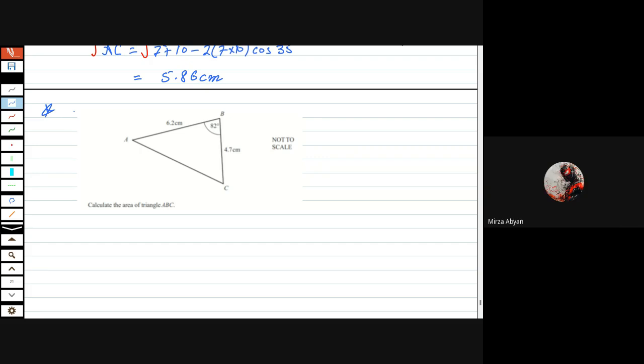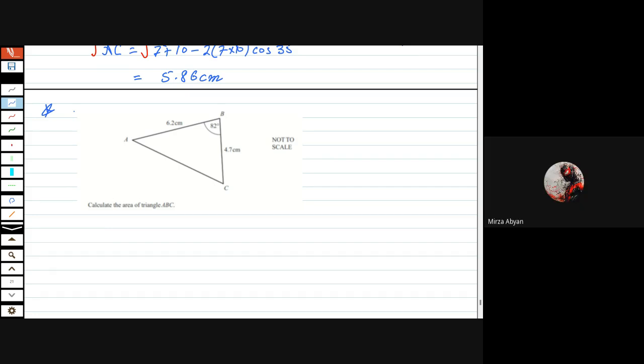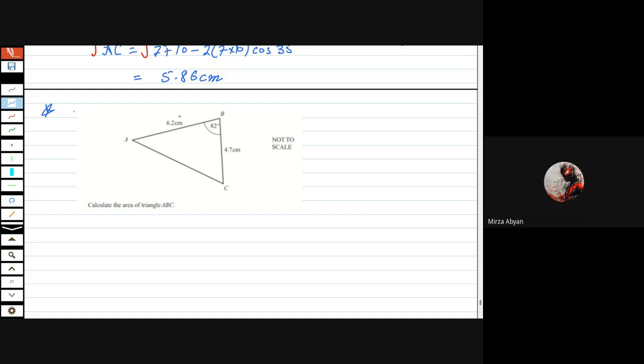So first you have to do half multiplied by base multiplied by height. Which side is going to be base and which is going to be height? Oh, sorry, sir. We have two sides and we have the included angle. Yes, sir. So we should multiply half